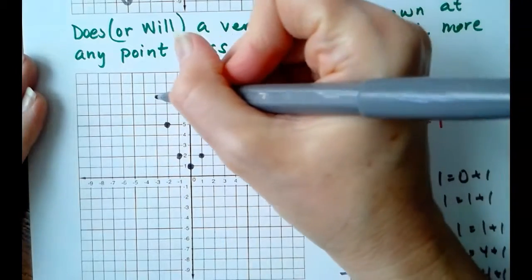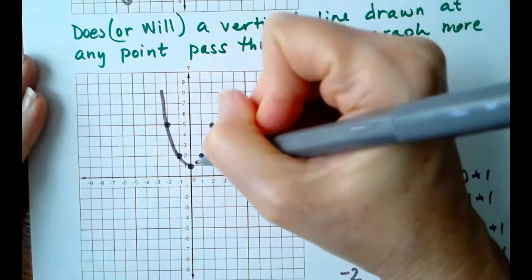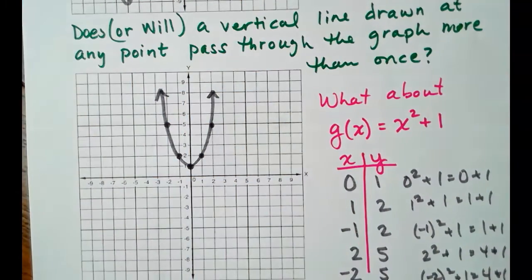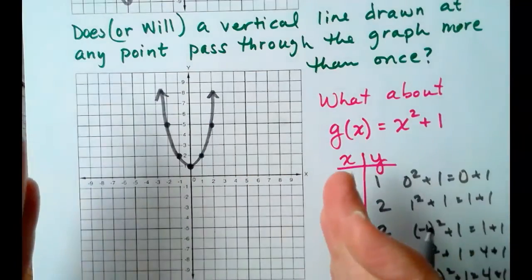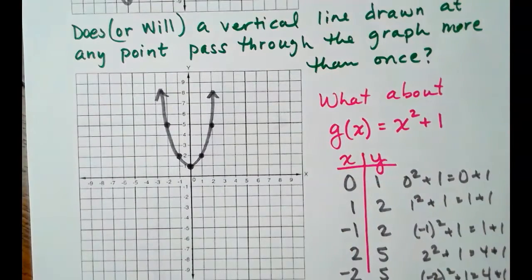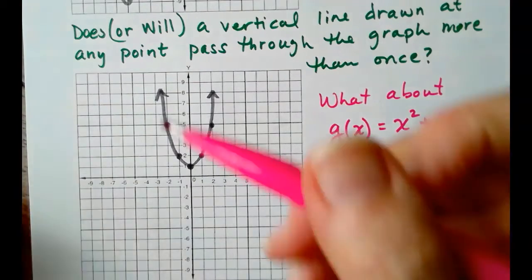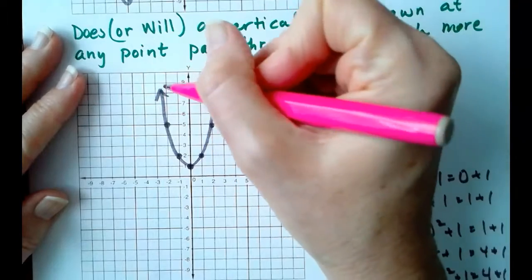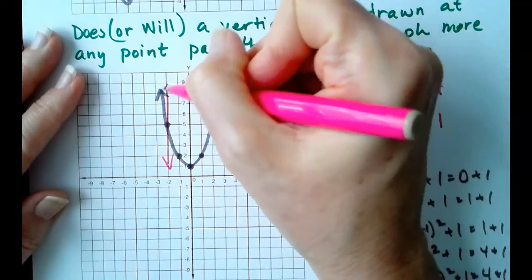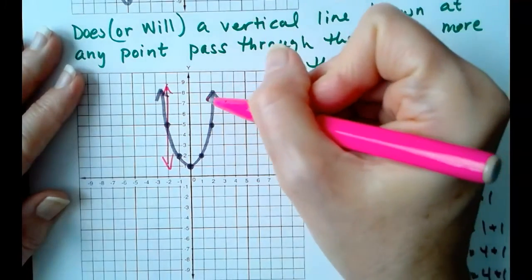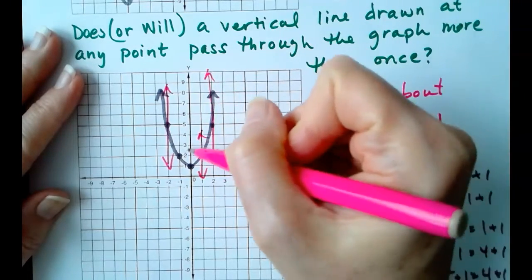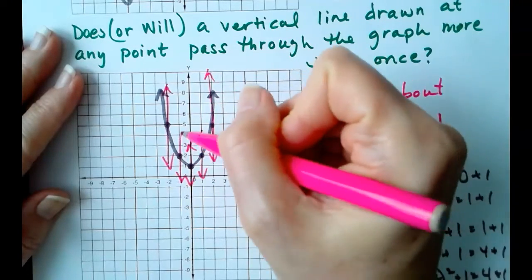I'm hoping that most everybody knows that this indeed is a parabola, and a parabola is a quadratic function. So it's a parabola that has a vertical opening, and will it pass the vertical line test? Well, let's try it here. So it gets close to being vertical here, but it's not vertical. Therefore, it'll pass the vertical line test there. It will pass the vertical line test there, and there, and there, and there. So yes,